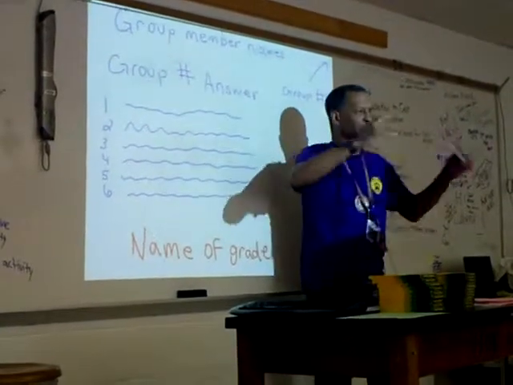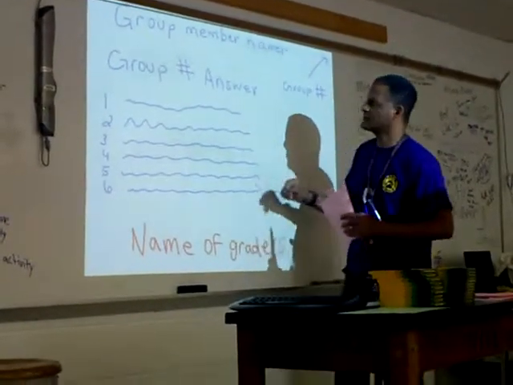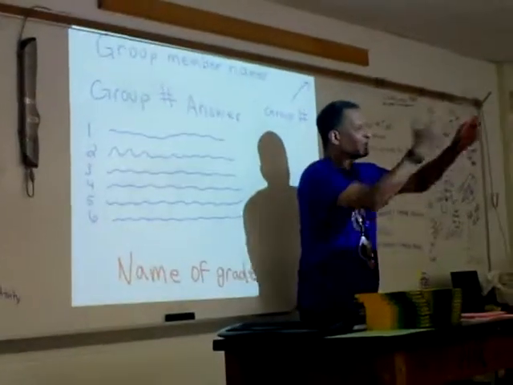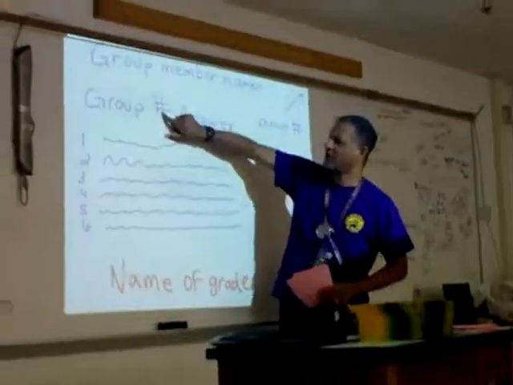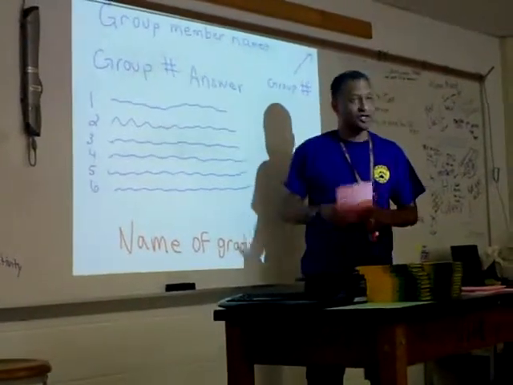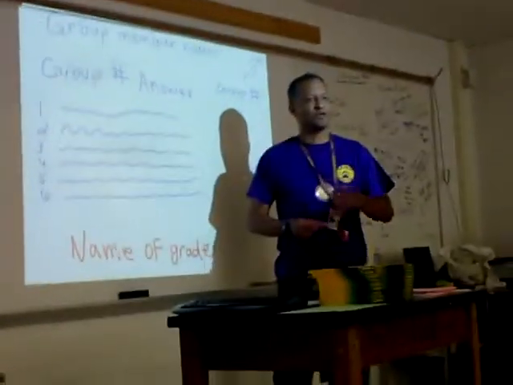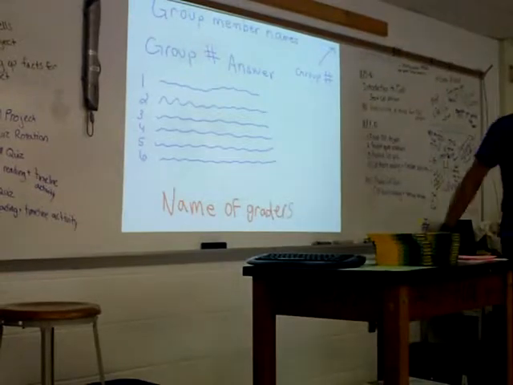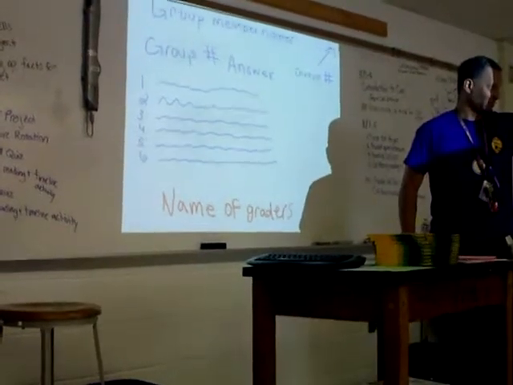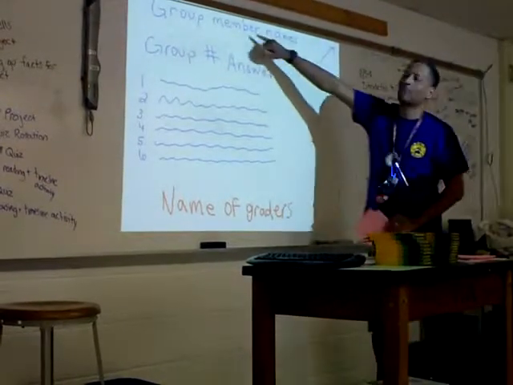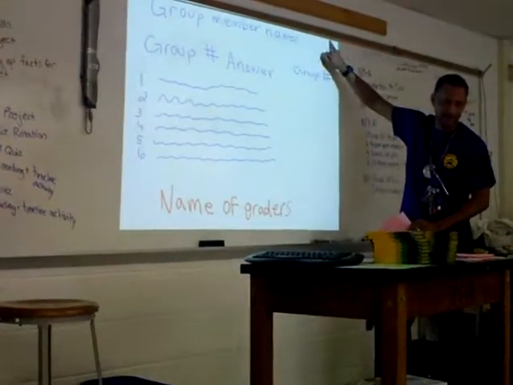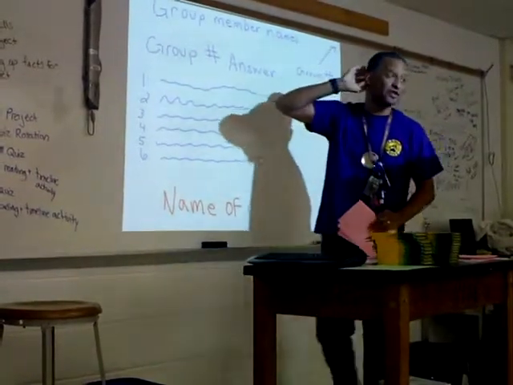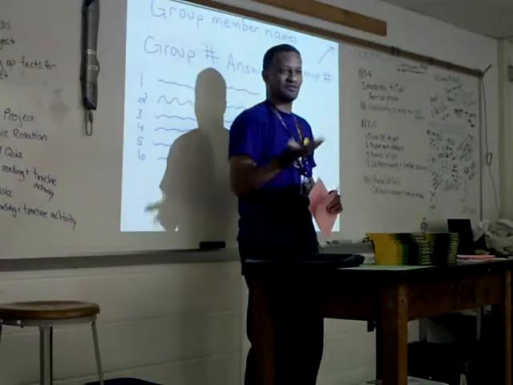So let's say I'm talking about group 2 now. So group 2 walks over to station 3, or poster 3. So they would write group 3, here's their questions, and here's our answers. They're going to do it. Then we're all done. They're going to give their answers to group 3, and group 3 is going to answer it, grade them. They're going to give it back to them because they properly wrote their names and their group back, all right?